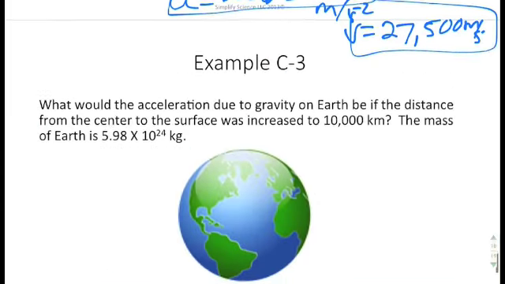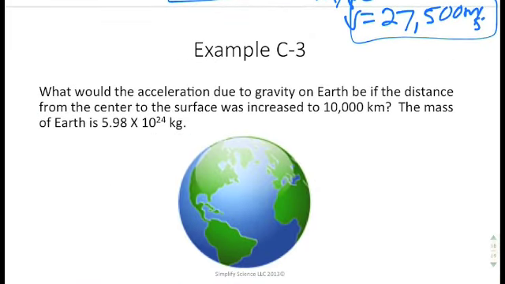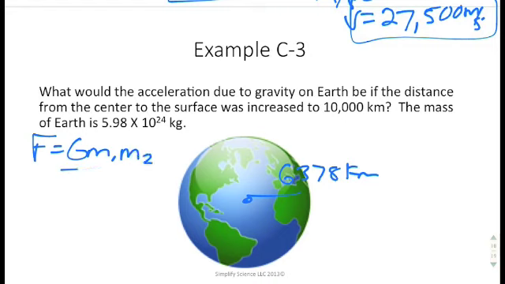All right, the last question says, what would the acceleration due to gravity be on Earth if the distance from the center of the Earth was increased to 10,000 kilometers? Right now, it's about 6,378 kilometers. So, if you were to take a look at the equation, F equals G m1 m2 over d